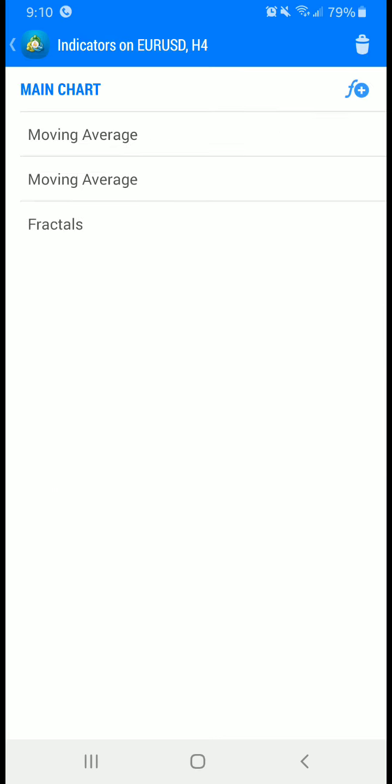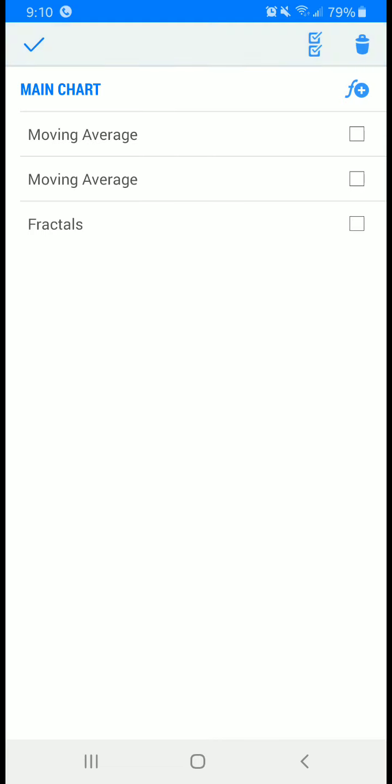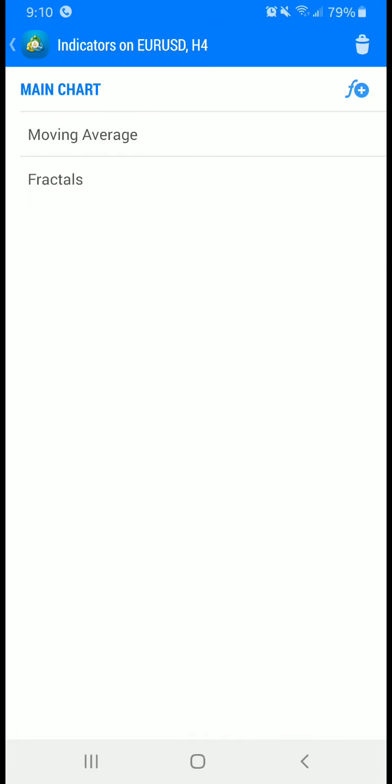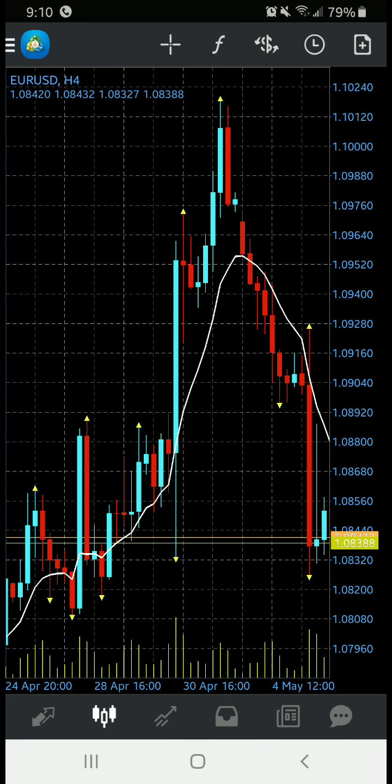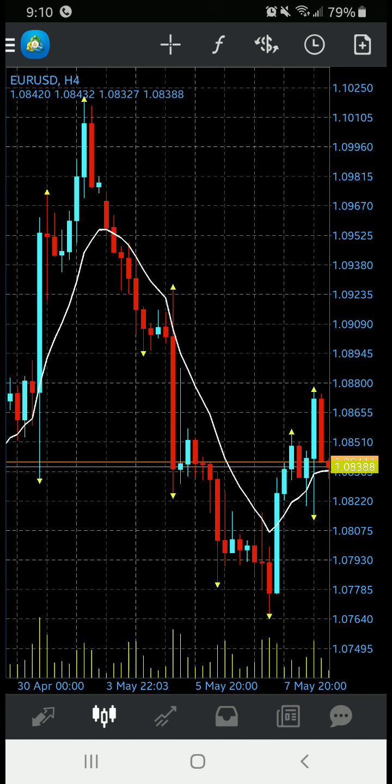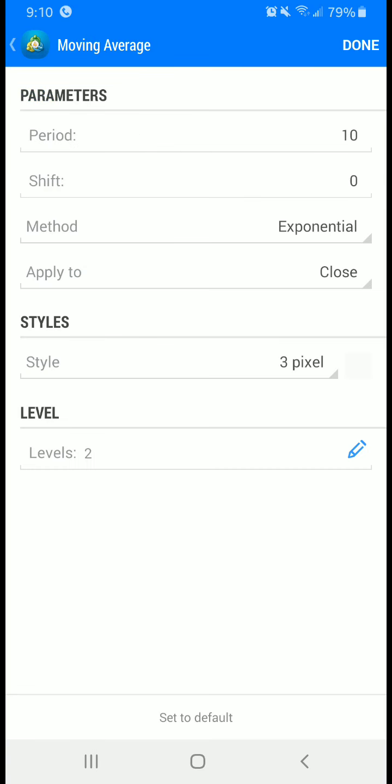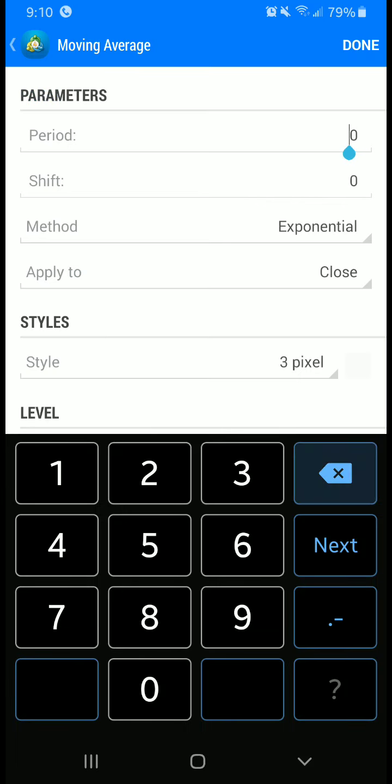Now, what I want to show you is how you delete. Here I'm at this screen and I decide I want to delete one of them. If you hit that garbage can, you will get a menu, and all you have to do is select and hit the garbage can, and it will delete that particular one you selected. I'll go back to my screen and notice I only have my 10 moving average for the 10 pips and dip strategy. Well, I'm going to want to change that because now I want to set up